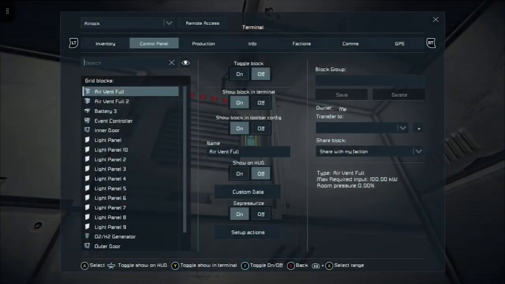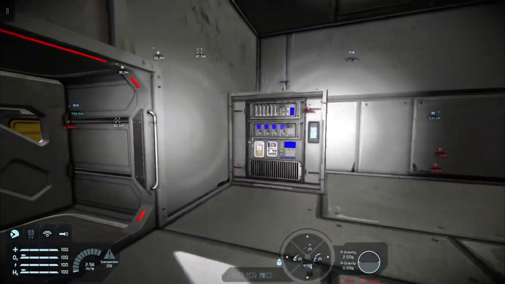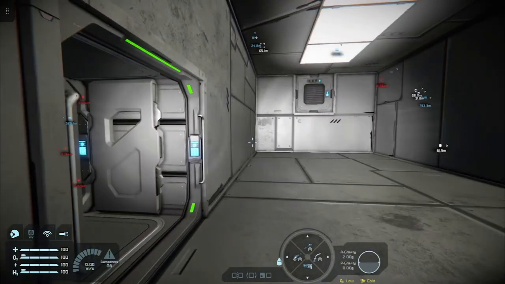Did I accidentally press off on it? Maybe. We'll have another look, see if it gets turned off the second time round.